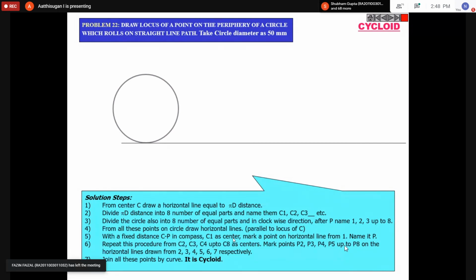So in this case, what are you going to do? First, you draw the circle. The diameter in your case is 60, but here it is 50. Next, you draw the line from the bottom line, center point. So the distance you have to mark. Total circumference you have to calculate.